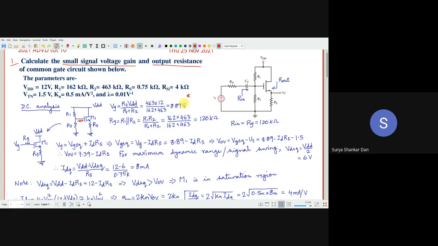All right. Then what is the Thevenin resistance seen at this node over here? So that is going to be your R1 parallel R2. And incidentally, what we will observe later is that Rin is the resistance seen of the whole circuit beyond the signal resistance. So that means Rin will be equal to nothing other than R1 parallel R2. So Rin is Rg equal to this. Okay. Now,